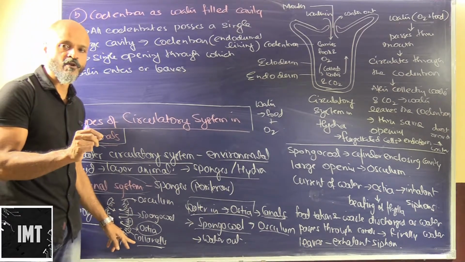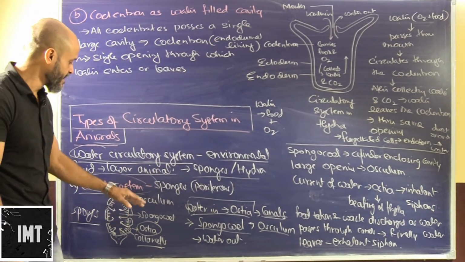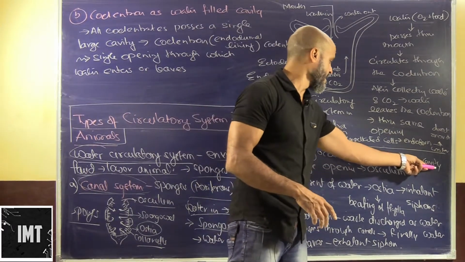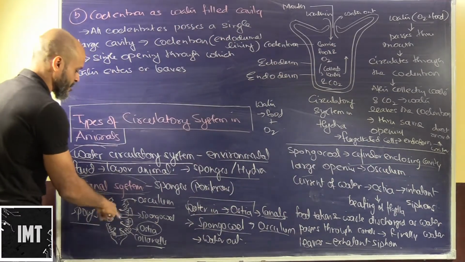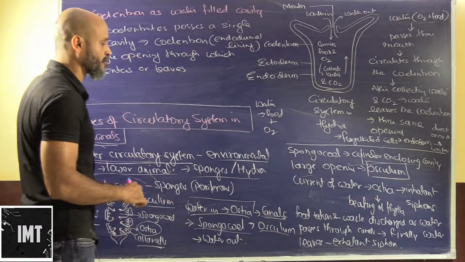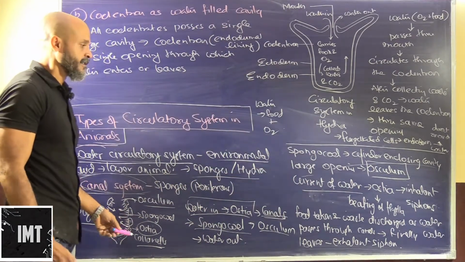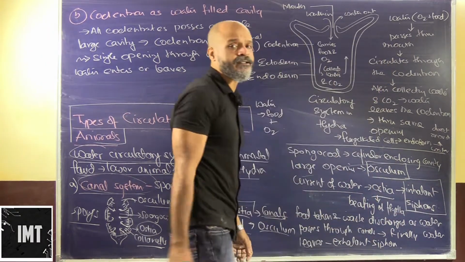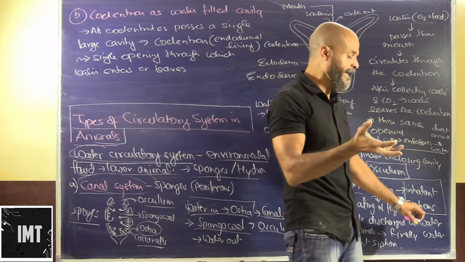Water enters through the different openings called ostia. It is basically a flagellated movement that happens, and water goes out through the osculum. The spongocoel is basically a cylinder enclosing a cavity, with a large opening, and finally the water goes out through the osculum. So there is a current of water which comes in through the ostia, and hence these are known as inhalant siphons. Inhalant siphons means that they are taking in the water.